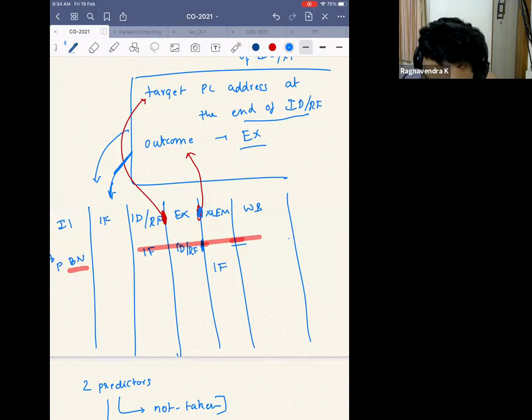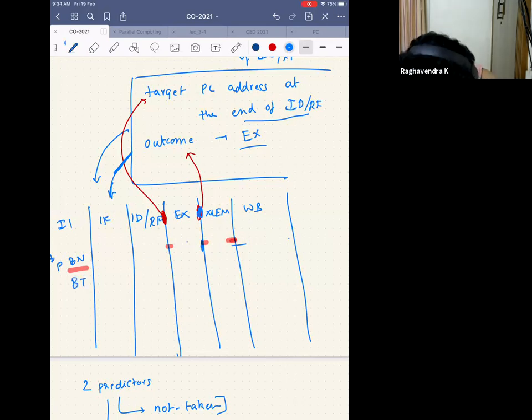If my prediction is branch is taken, then I can do something different. Let's say my predictor says branch is taken. Let's write it as branch taken. If the branch is taken, I will issue an instruction fetch here because at the end of this stage, I know the target PC address. Here, I know the outcome of the branch. If I am right, if the branch is actually taken, then I will continue with the instruction decode, register fetch, execute, memory, write back. So I just continue, which means that there was only one cycle stall, which I could not have done anything about anyway, but I would have saved one cycle stall.